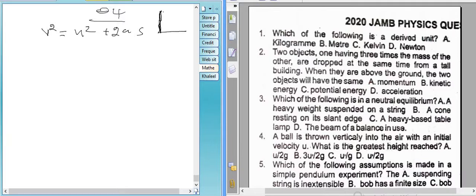So at this point it will tend to come down, it will tend to come to rest. This is the greatest, the maximum height it reaches. So from here to here is what we call the maximum height. At this point it starts with initial velocity, and at this point the final velocity will be 0 because it will tend to come down there. So now at maximum height,